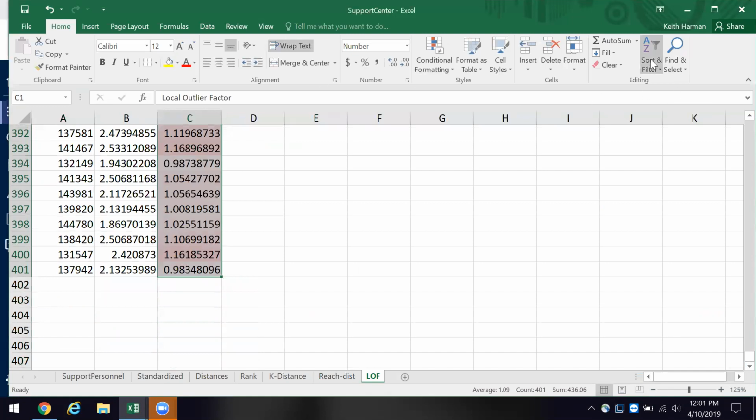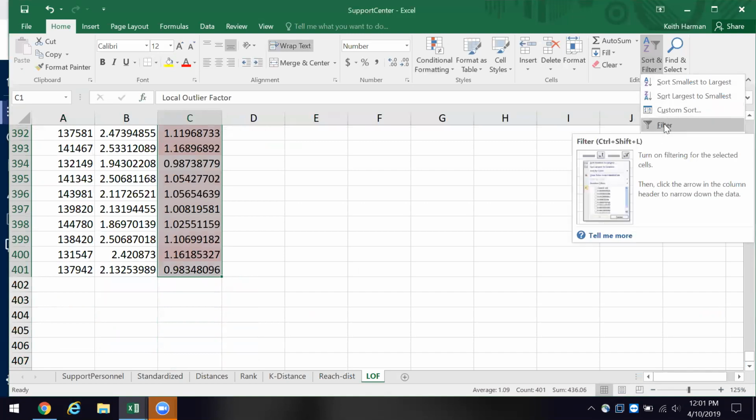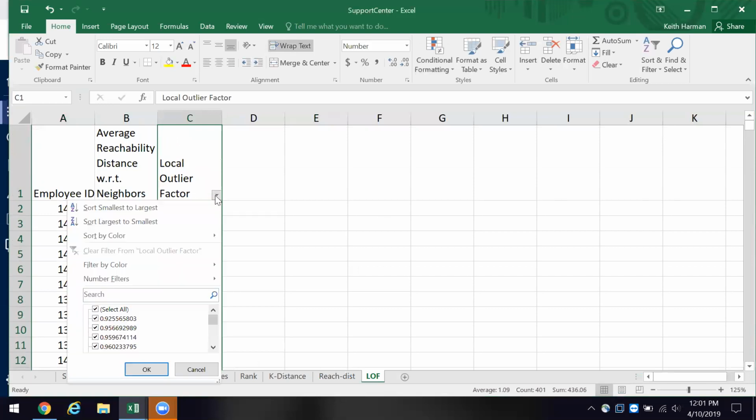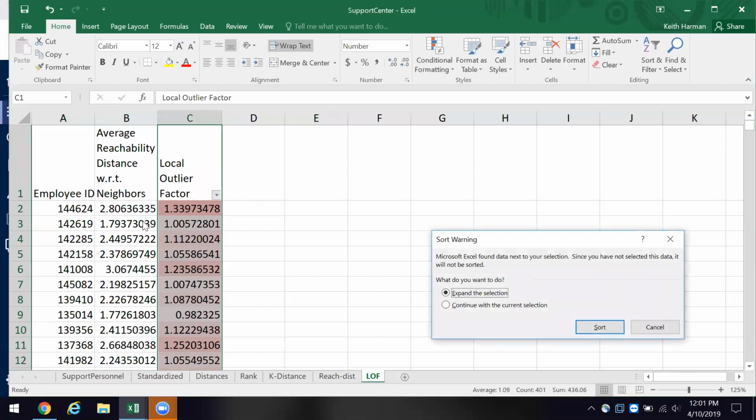And I'm going to sort and filter. I'm going to use a filter. And I'm going to rank these from largest to smallest.